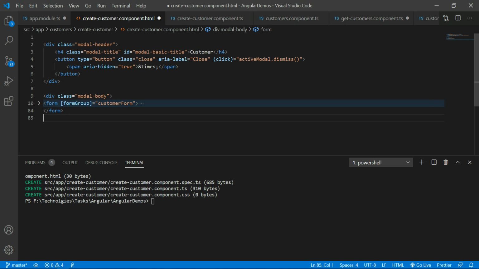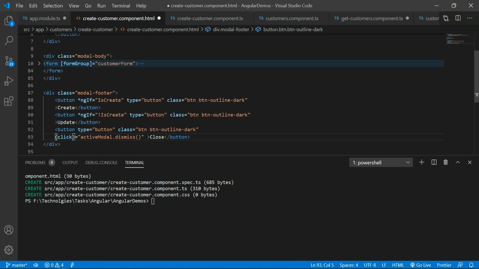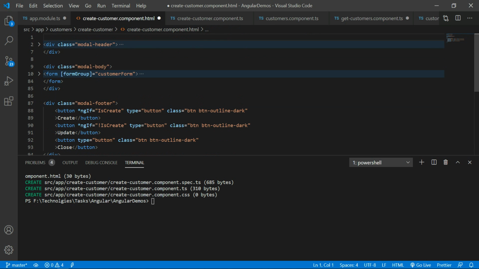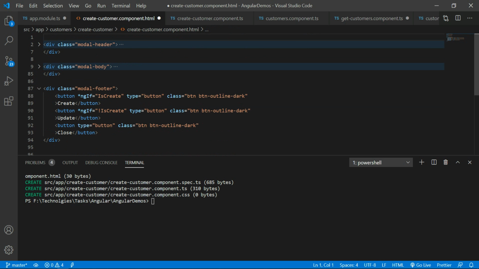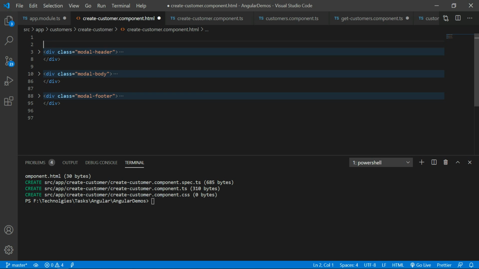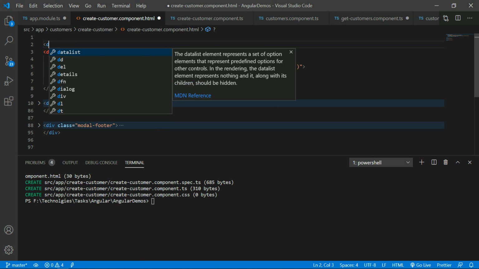I am pushing this entire form into the modal body, and the last step is the footer. Footer means the downside, whatever we see related to the create and cancel buttons. Now I have created the footer also. So right now I am doing these activities: one is the header section, one is the body section, and one is the footer section. These three are completed. The main thing to notice here is that I have pushed that form control into the modal body. After completing this, let me add these three sections into one single div tag.